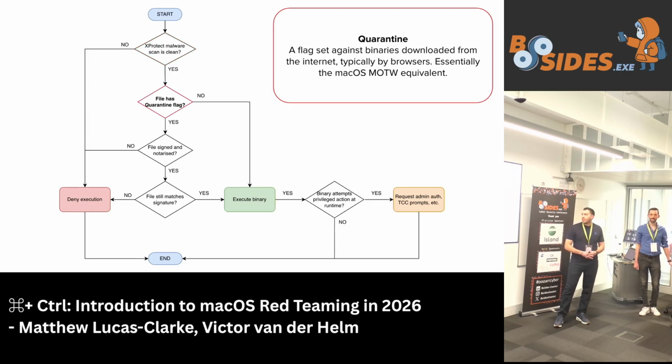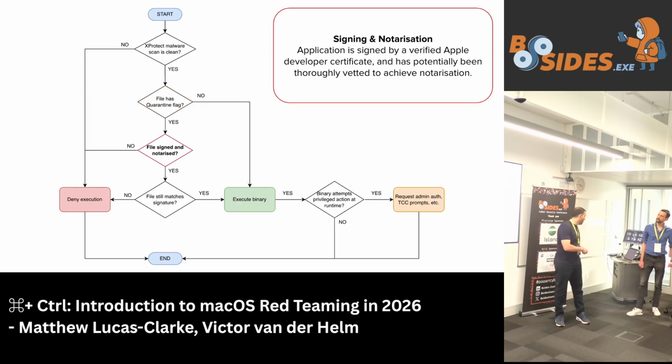The second check that occurs will be a quarantine flag check. Again, this aids Gatekeeper in understanding whether something is potentially malicious or not. It won't completely prevent the execution, but often it might. And lastly, as I mentioned on the previous slide, there'll be a check for signing and notarization. If it has a signature and it's being compiled and created elsewhere, it will typically be allowed to run on your system. There are cases where you could still execute a binary without a vetted Apple signature.